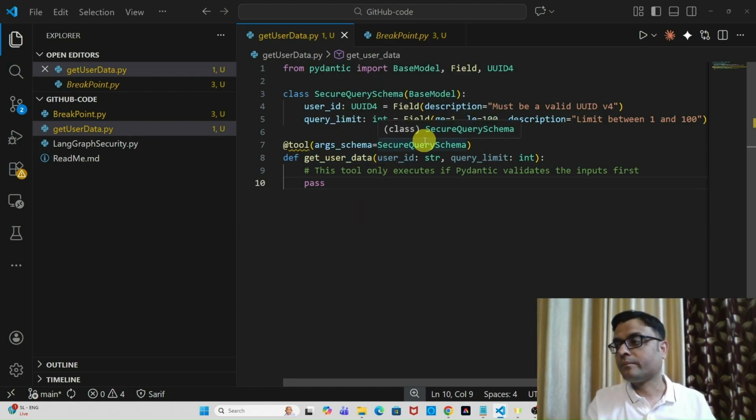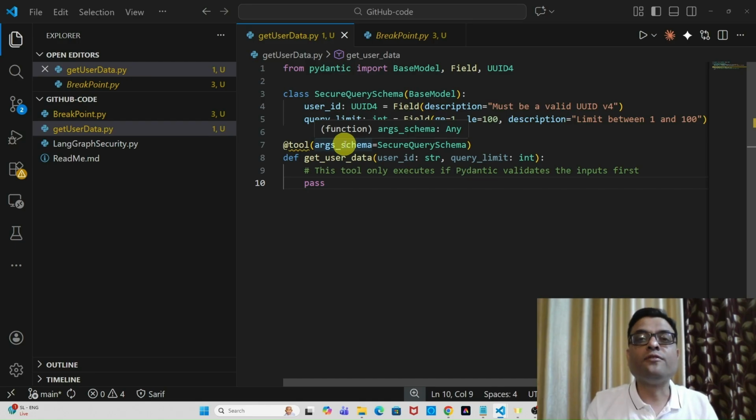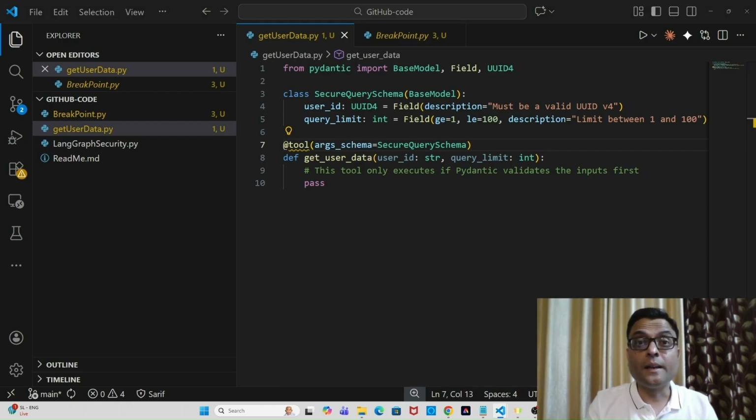query schema. By using UUID4 and constraints like greater than or equal to 1 and less than or equal to 100, you are creating a semantic firewall. If the LLM tries to pass drop table as the user ID, the tool node fails before it even touches your database logic. Some actions are too risky for an LLM to take alone, like deleting a cloud resource or